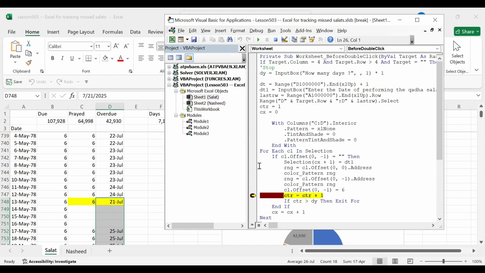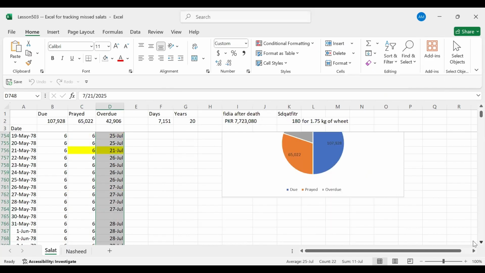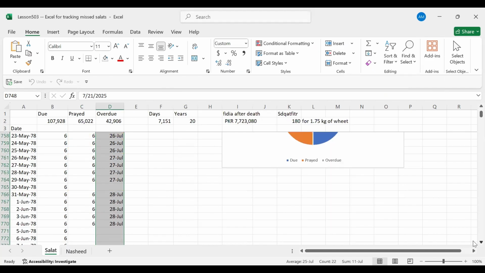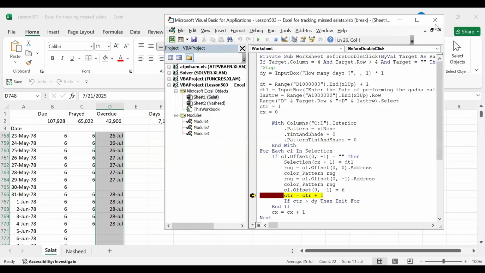So when we press F5 here, the second one is marked. When we press F5 again, the third one is marked. This fourth one is marked, and the fifth one is marked, not shown to you, but you can see the fifth one is marked. And this is the sixth one. It is going to be marked. And we see it happening. On the next step, it will exit the For loop because the counter has